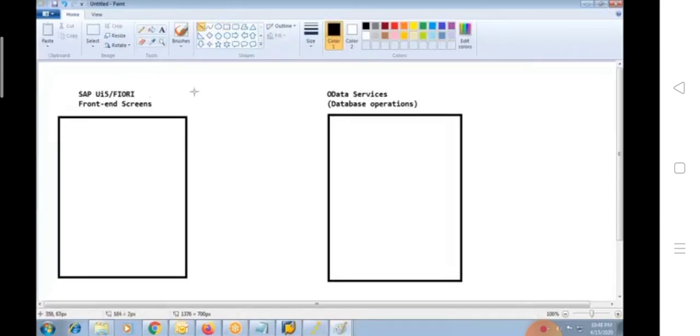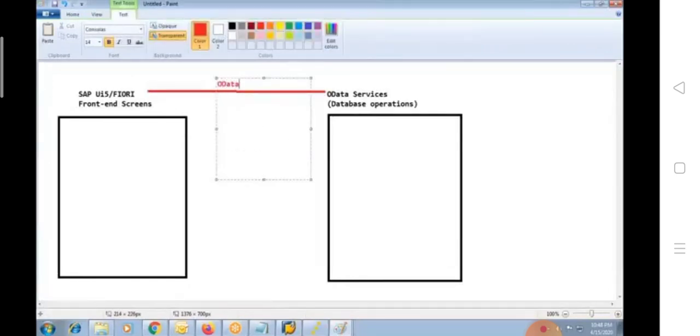So front-end UI5 Fiori will consume this OData service with the help of the OData model class. The purpose is just consuming, or I can say accessing, any OData service. We have to use this class. So the OData model class has to be used whenever you want to access or consume any type of service.